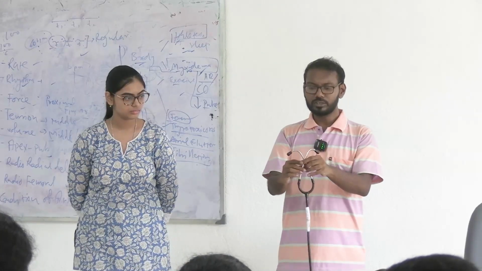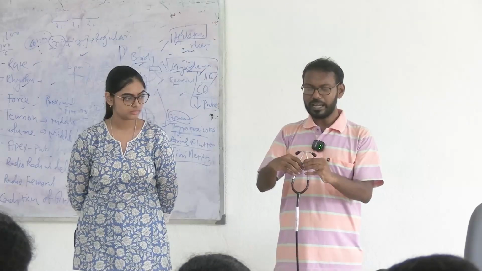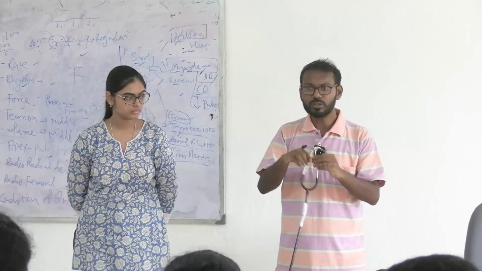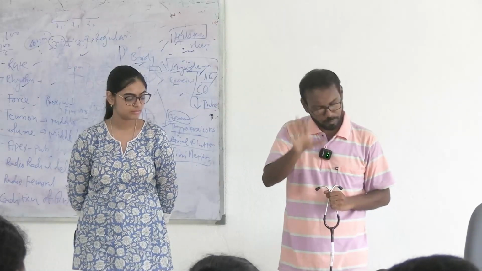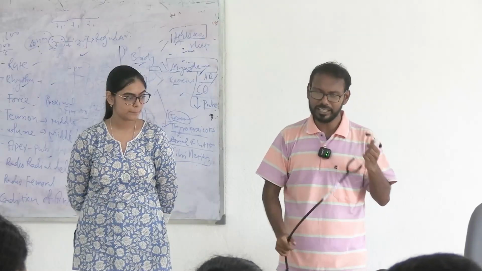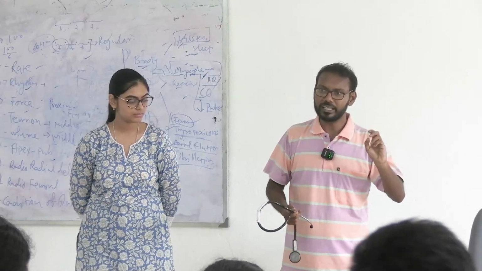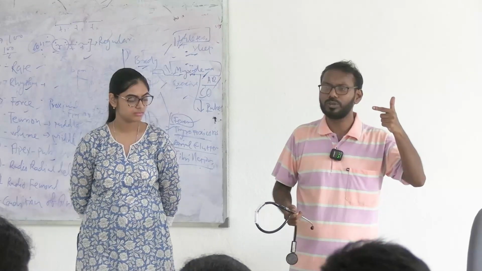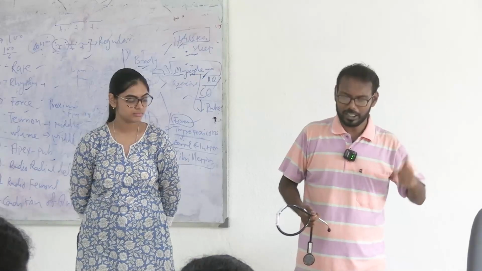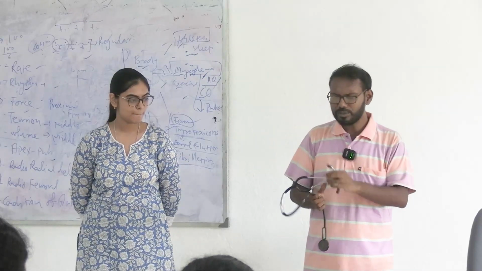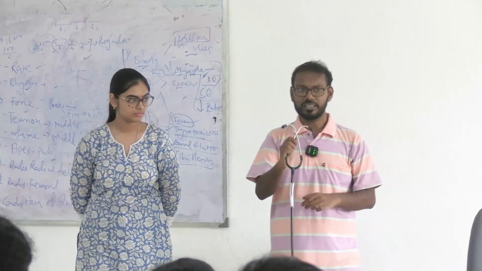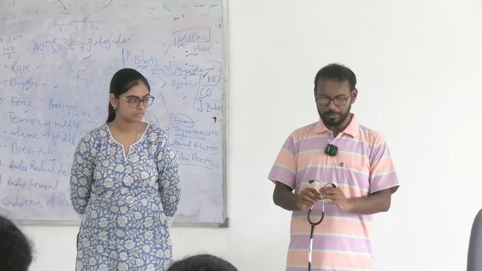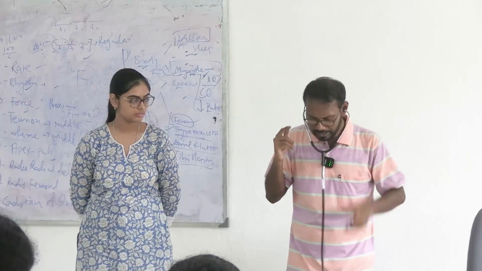Now if I put it in this way, my right ear canal is facing this way, but the earpiece is facing posteromedially. So the alignment will not be perfect. You will obviously be able to hear it, it is functional, but for perfect hearing, if there is very little sound difference, you will not be able to hear it. So for minute assessment, you have to put it in the perfect way. This is the correct way to put a stethoscope. They will ask this in first year. If you put it in your ear like this, now I can hear, right?